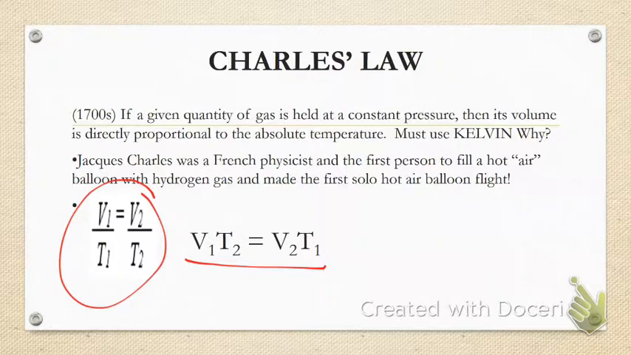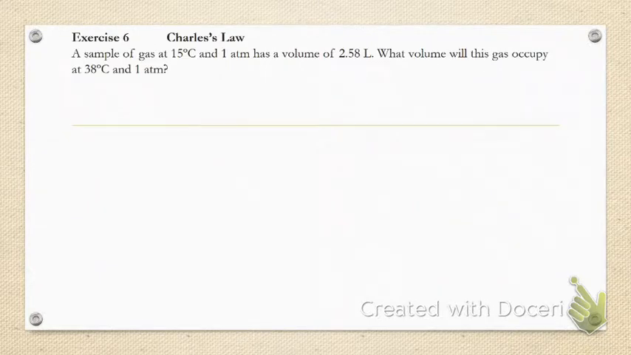You'll never put a T2 with a V2 or a T1 with a V1. They will always be opposite. And we'll find the same with pressure when we get to Gay-Lussac's law. So, of course, formula, so I will work a problem. So very quickly,